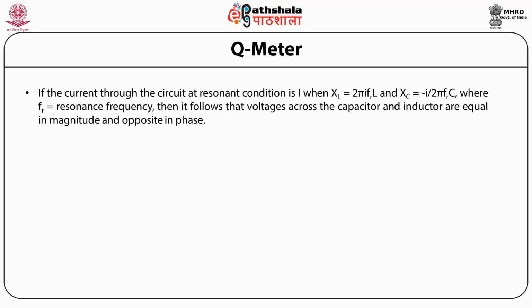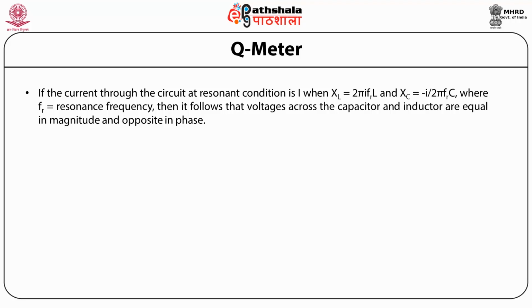If the current through the circuit at resonant condition is I, when XL is equal to 2 pi FR L and XC is equal to minus 1 by 2 pi FR C,